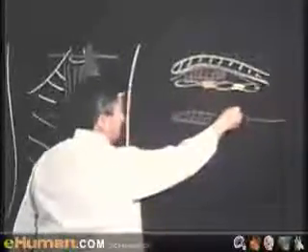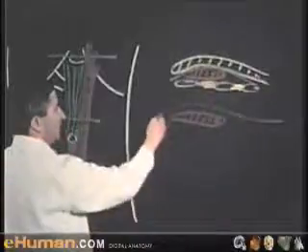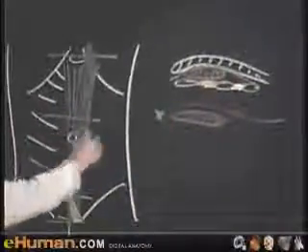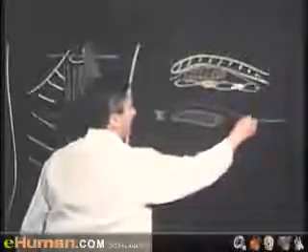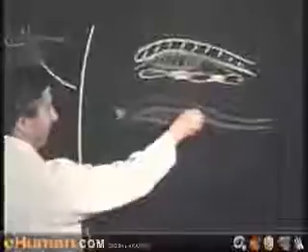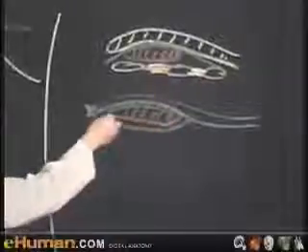We take a section through the rectus abdominis, and we bring in the aponeurosis of the external oblique, and we insert it in the midline into the linea alba. So it passes anterior to the rectus abdominis. Then we take the internal oblique aponeurosis, and when it approaches the lateral margin of the rectus abdominis, it splits. One part passing in front and fusing with the linea alba, and the other part passing behind and fusing with